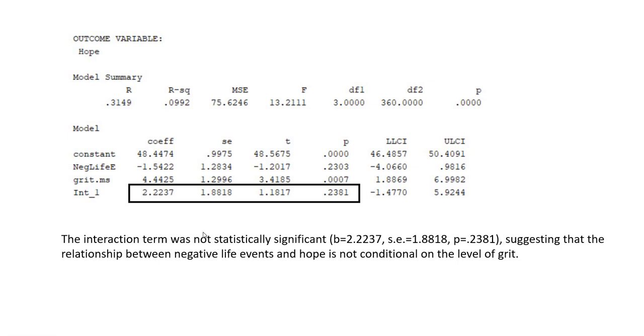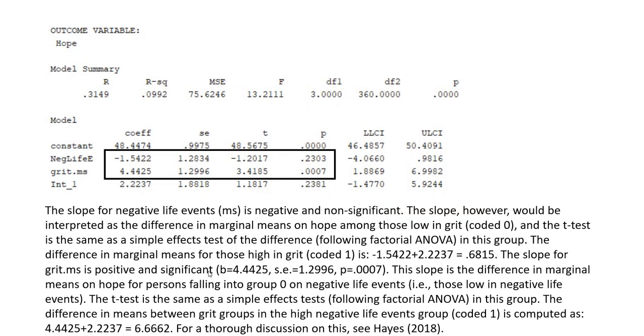As you can see right here, the interaction term is actually not statistically significant in the model. So let's quickly look at the effects of negative life events and grit. The slope for negative life events, or the median split of that variable, is negative and non-significant. The slope, however, would be interpreted as the difference in marginal means on hope among those low in grit, and the t-test is basically the same as a simple effects test of the difference following a factorial ANOVA for this group. The difference in marginal means for those high in grit is essentially